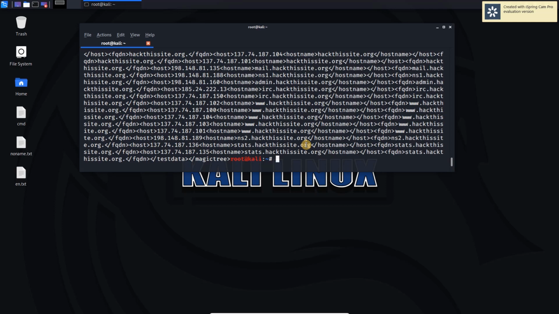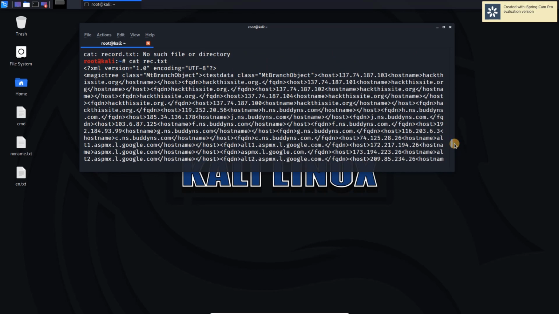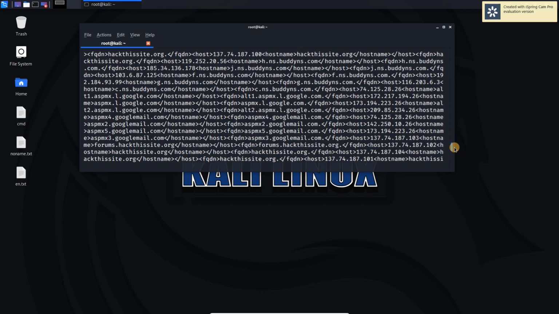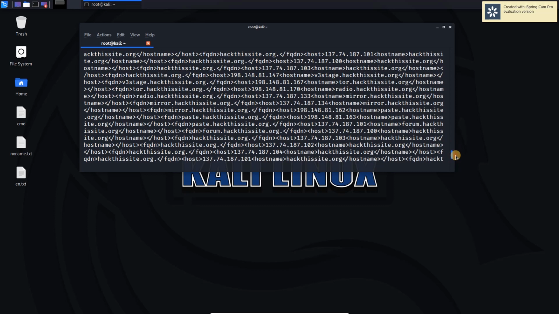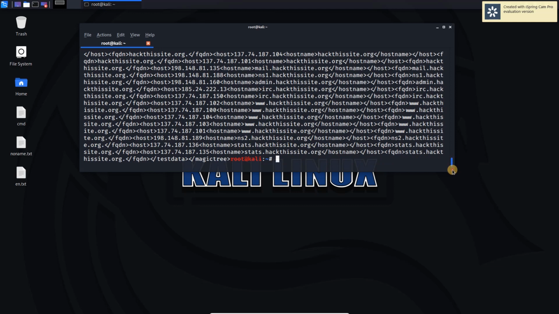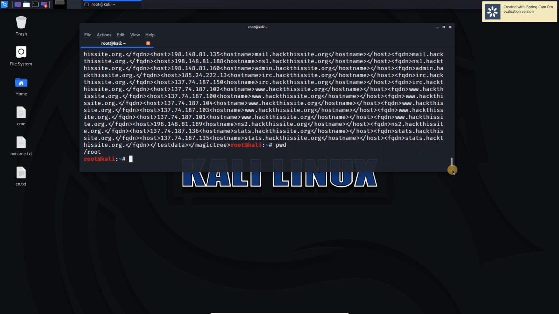It also contains all the records, actually it keeps them in XML version. It records in XML version, so it keeps records of every one of these. So we can also view this in XML format. Let's copy this file to somewhere else.